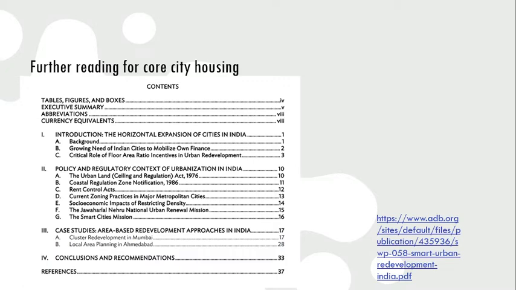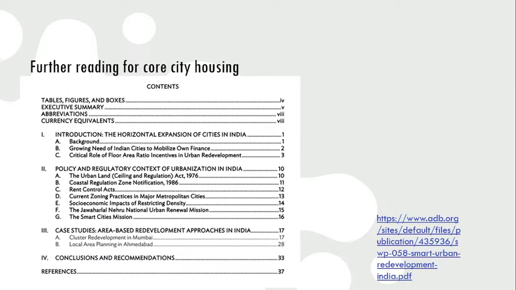As we discussed in the initial first week course, urban housing policy in India developed such that before the 1980s it used to be more of a provider, then it became an enabler, then a facilitator. This report discusses the different policy environment available in India. The first one is the Urban Land Ceiling and Regulation Act of 1976, where the amount of land that can be held by a single person in the city was regulated. It has since been repealed, and similar mandates have been made by respective state governments. Then the coastal regulation zone notification,